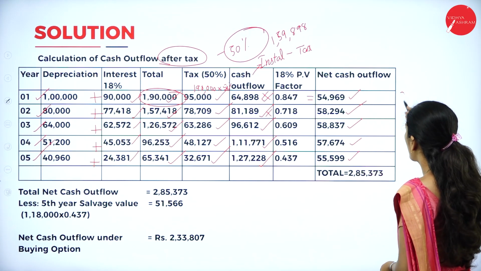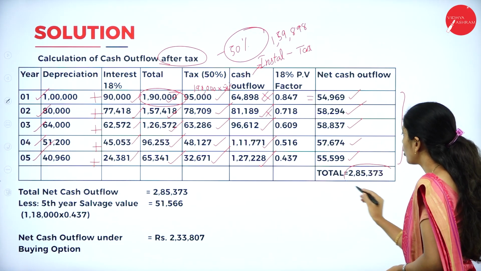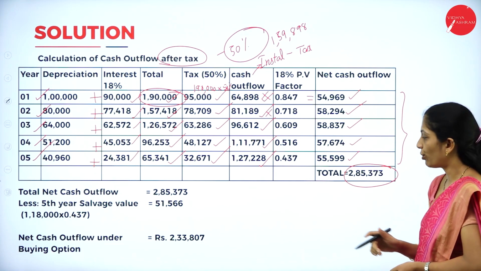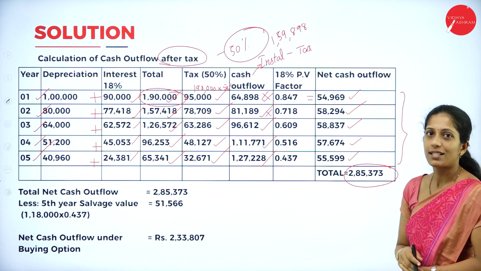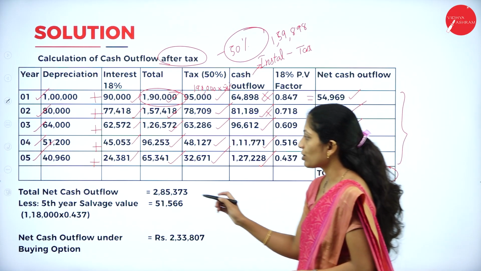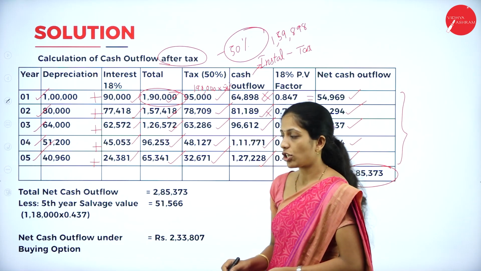So we have to total all this, then we'll get the total net cash outflow. So when you total it, you will get 2,85,373. So this is a total net cash outflow